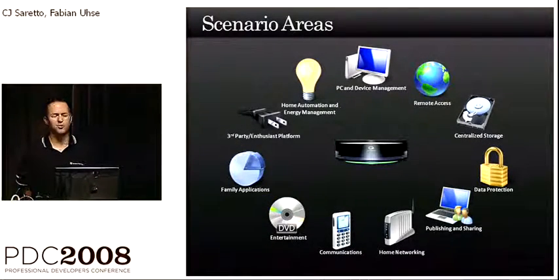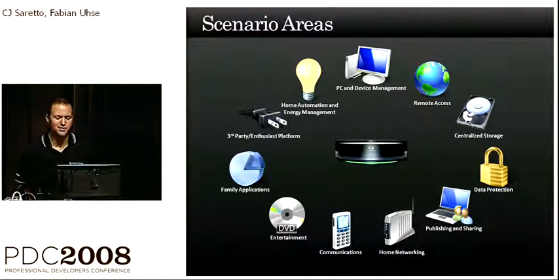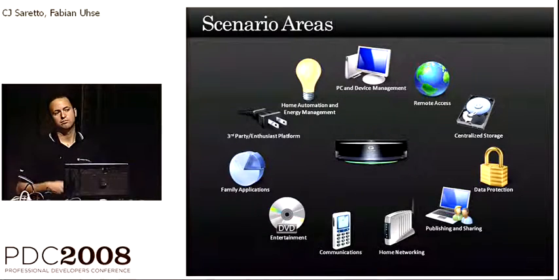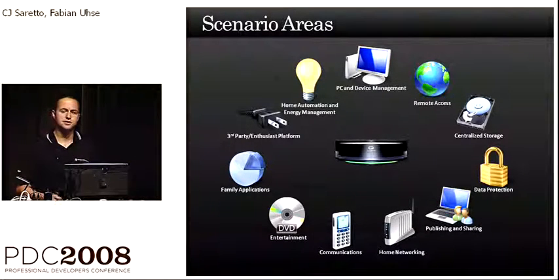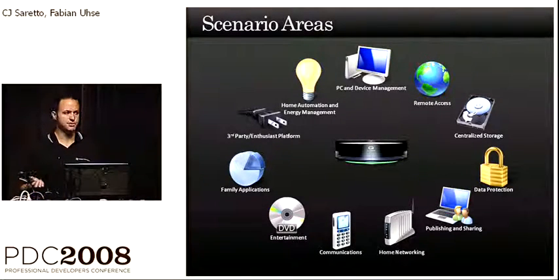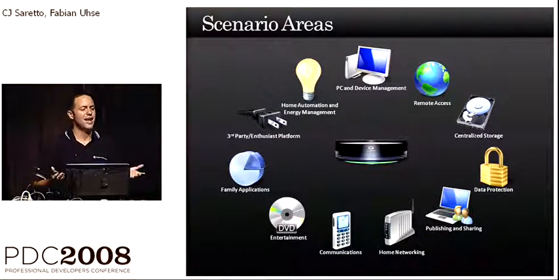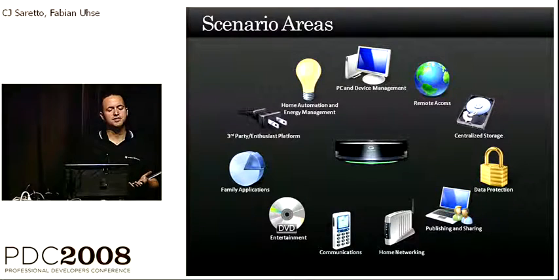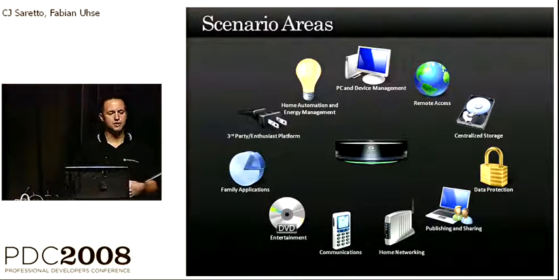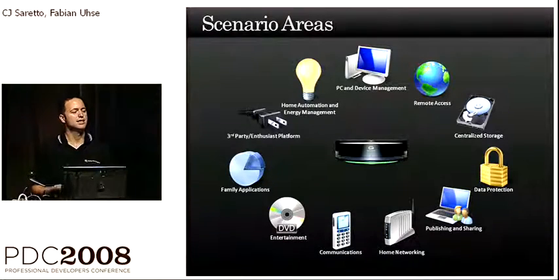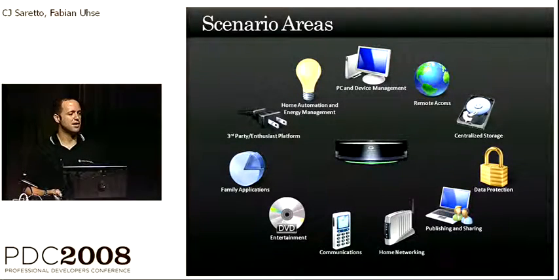And I talked a lot about what a connected home is. Well, a connected home is just a home where there's a lot of devices and a lot of services interacting with each other to deliver scenarios to end users. This slide gives you a brief outline of some of the scenarios that we, Microsoft, envision in a connected home. It's by no means a complete list. It's a taxonomy that we use to think about.